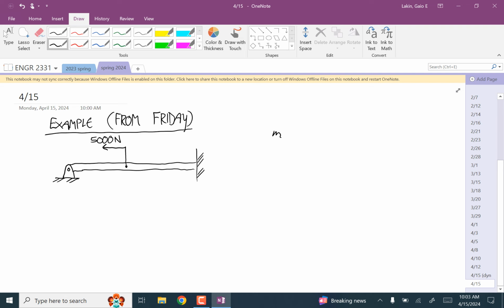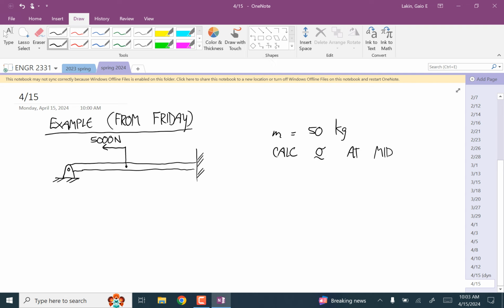The mass of this beam is 50 kilograms. And we want to calculate the stress tensor